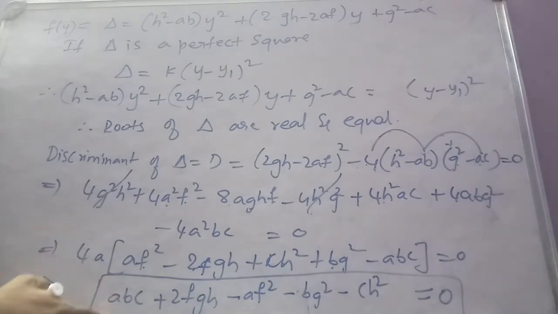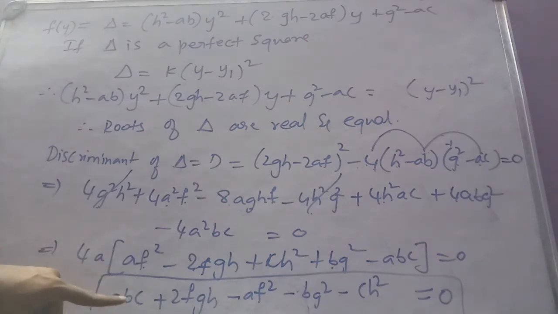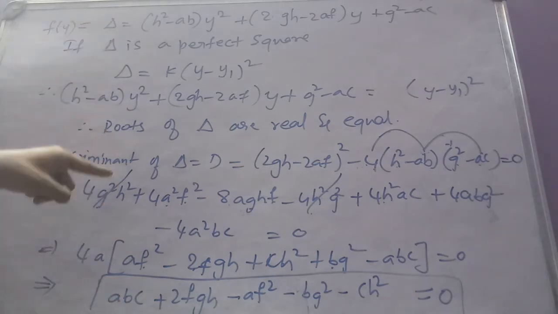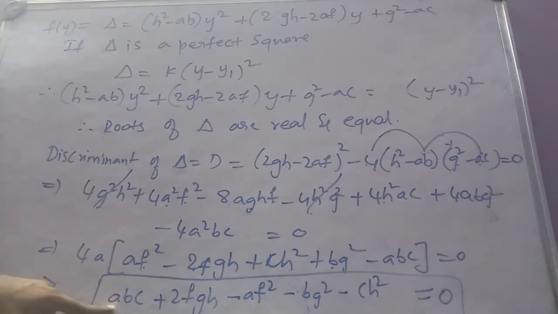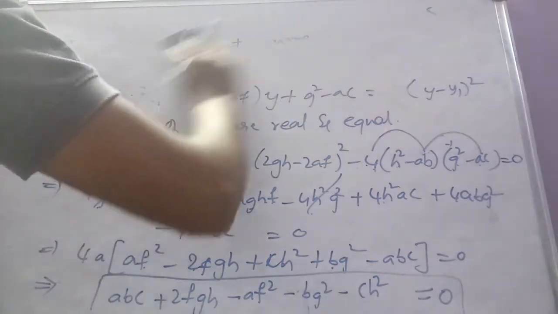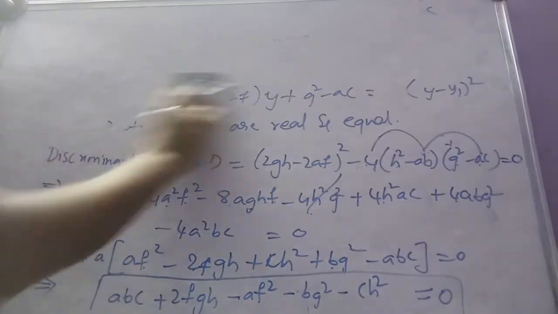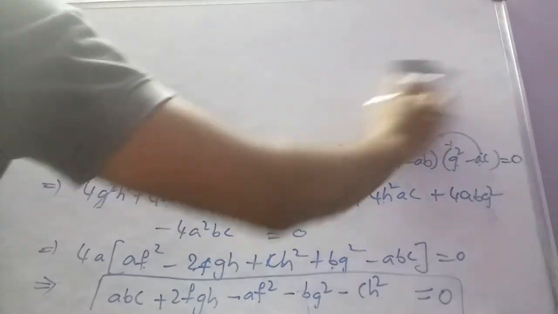If this condition is satisfied, then we can say that the given second degree equation can be written as a product of two linear factors. Concepts are always important, I am saying this, right? Even though you know how to prove it, you are supposed to remember this condition also. But if you feel remembering in this way is difficult, then you can remember like this. The same condition can be written in determinant form.